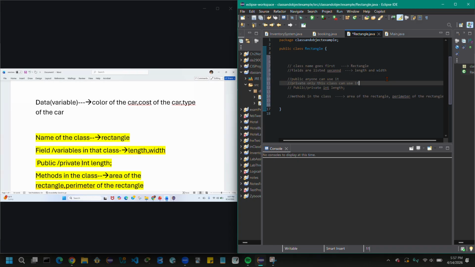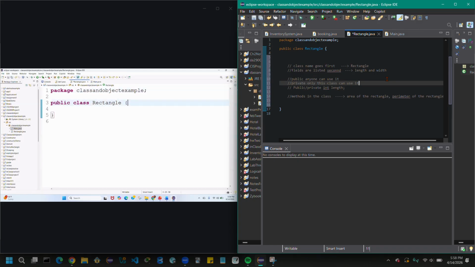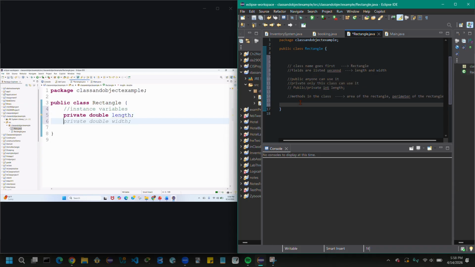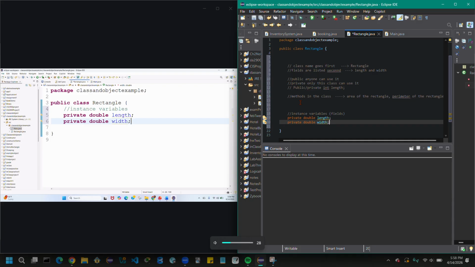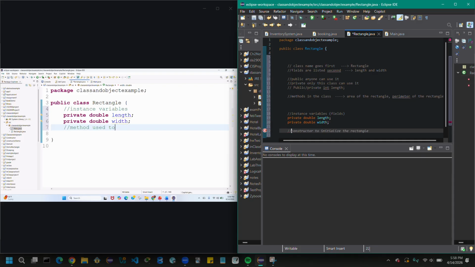Okay. So when we write it in the Rectangle class, we start with instance variables. So we write first private double length, private double width. Fine. So these are the two fields that we are using in the Rectangle class. Now, once we are done with this, next there is a way to access these private fields. The method used to access a private field